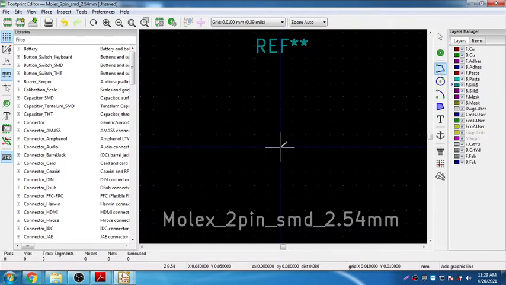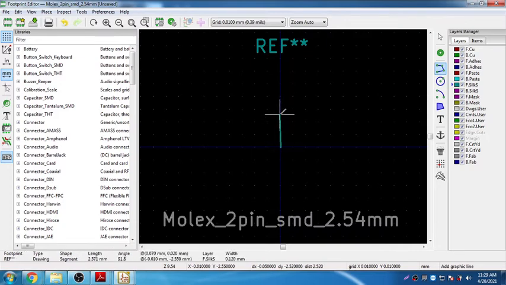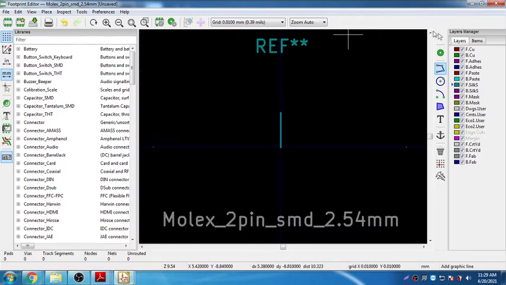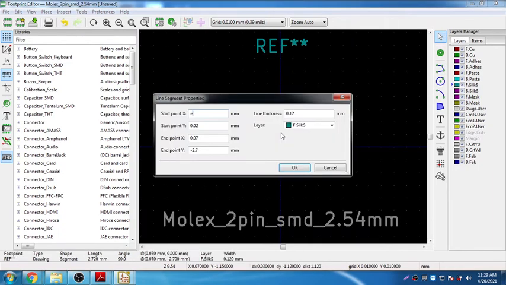Start at the origin. I will draw a simple line, randomly, and click escape. Now click on this line and press edit. I will start the x point as 0 and y point also 0.